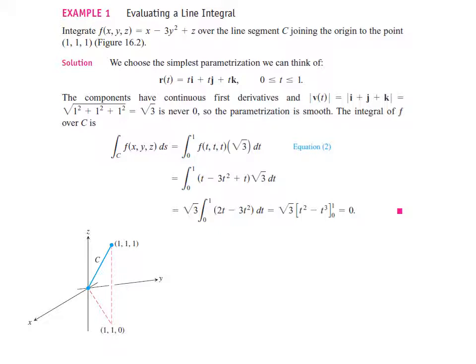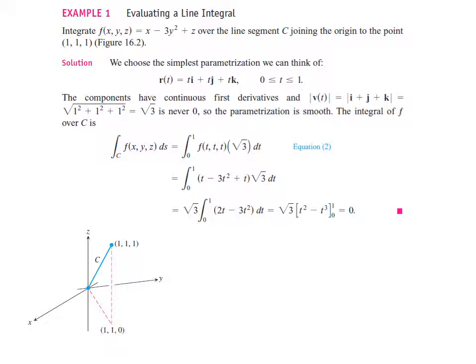Now let us define the position vector r. r = x i + y j + z k. Let us take the position vector in terms of t now. That is r(t) = t i + t j + t k, where x, y, z are in terms of the parametric equation t. Okay, now let us define dr/dt, that is v(t). v(t) is nothing but the velocity of the particle along the curve C here.